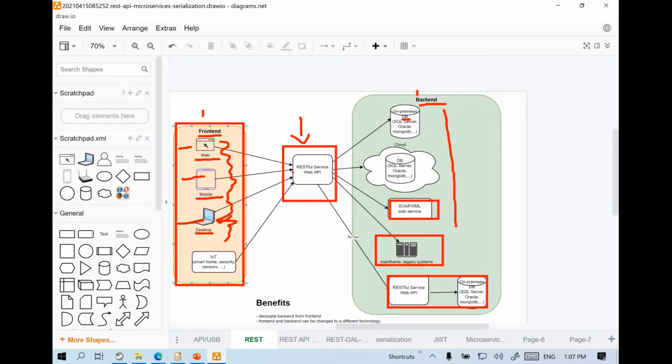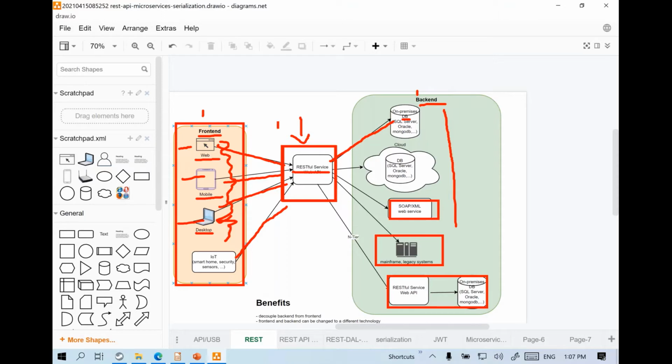So whoever is developing this REST API will have to connect to some data source directly. Yes, these developers, whoever is developing this part, will need to know how to connect to SQL Server, Oracle, and so on. But down the road, once this API is in place, the interface is in place, any number of application developers, mobile application developers, desktop developers, web developers, they can use the same common APIs that we have here without knowing, are we supposed to connect to Oracle, SQL Server, what's the connection string? They don't need to know that.